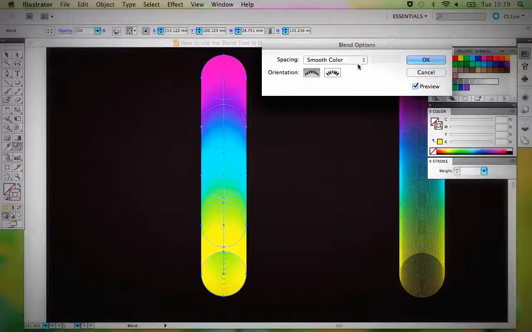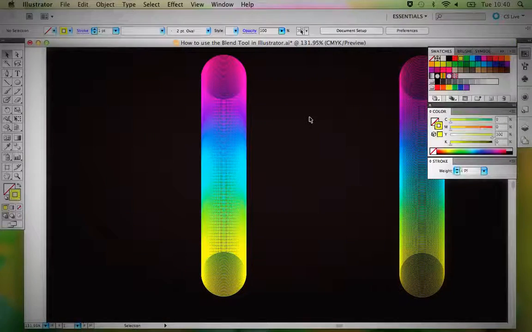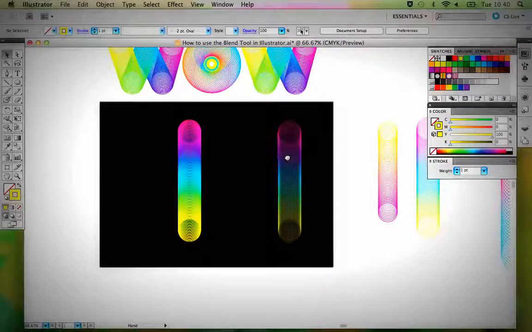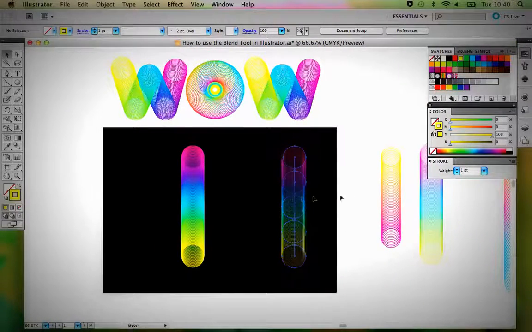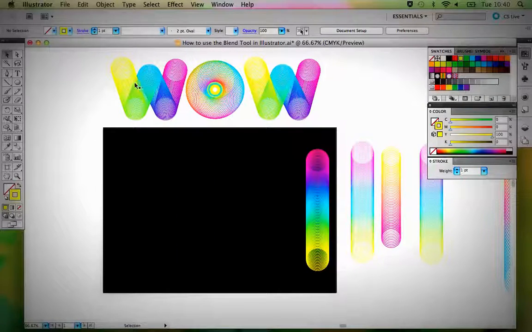We don't want this to be smooth colour, but again, this is a really good thing that you can use for blending and things like that with shapes in Illustrator if you wanted to have a go doing that. Click on specified steps, make sure you're on preview. Let's try 50 again. Yeah, 50 looks good. So we're going to give it 50 specified steps and click OK. The important thing about this is that we've got that then to use in a minute. So I'm going to just move this off the artboard,